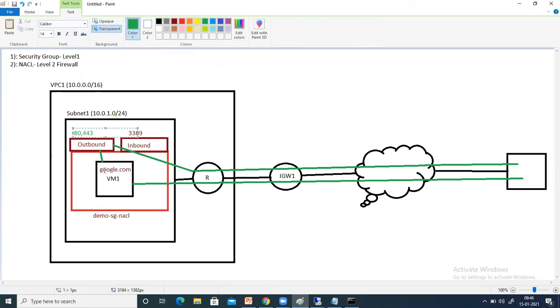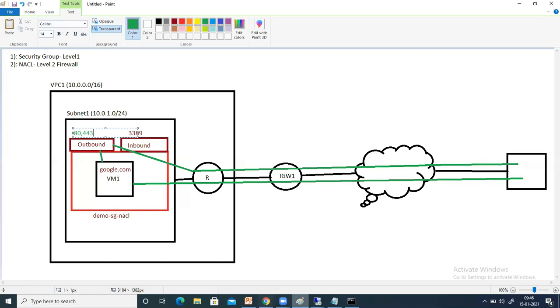Because google.com uses HTTPS, it will go to the outbound rule and see that port 443 is allowed. So the session will be allowed to go out to the internet and hit the google.com web server. Then it will return. While returning, it will not check any rule because it's a stateful firewall. And finally, on my EC2 instance, the website will open.